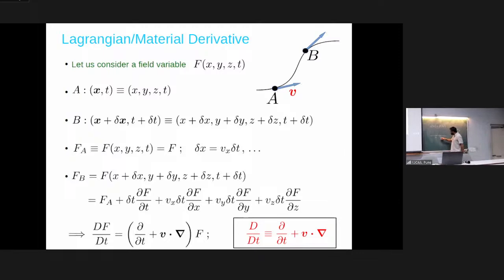I am interested in the function at this point, but I don't know that. I only know the function at this point, but all its derivatives are known at this point. It's enough for you to reconstruct the function at any other point by Taylor expansion. So this is one way, which I will say a proper way, to look at the Taylor series: that this function you want to reconstruct by knowing the function's behavior at this point.